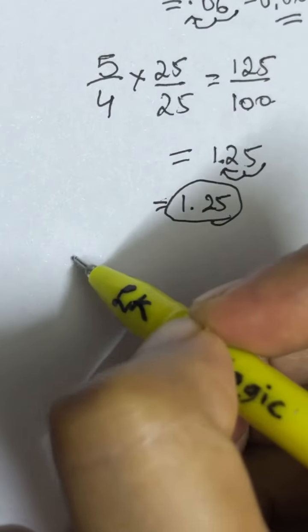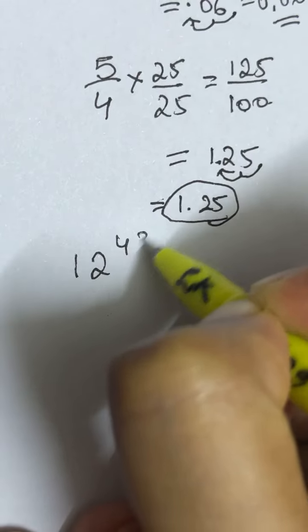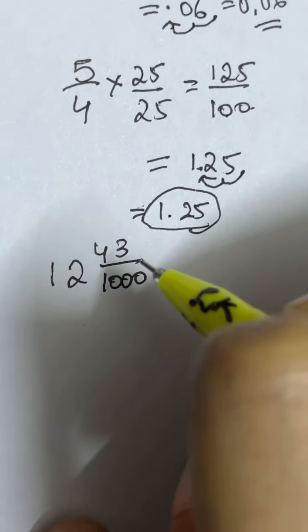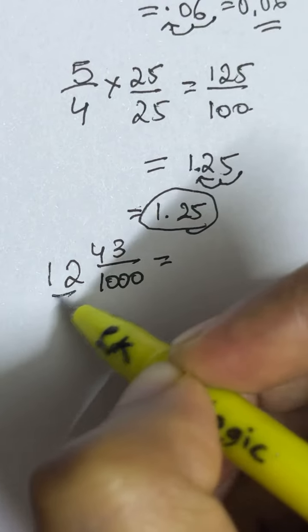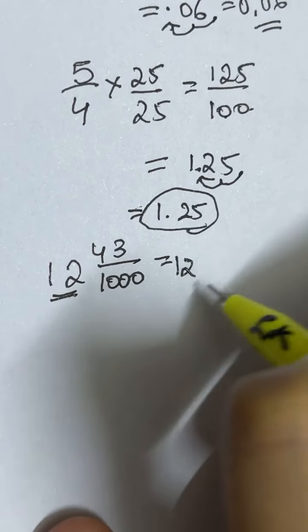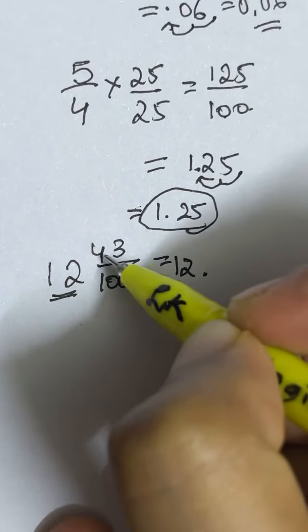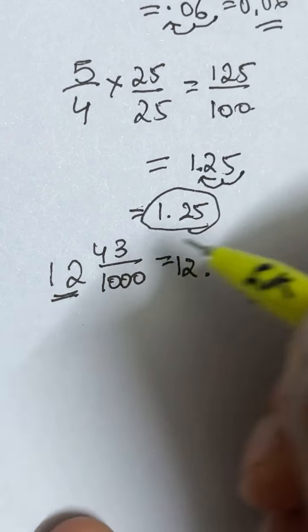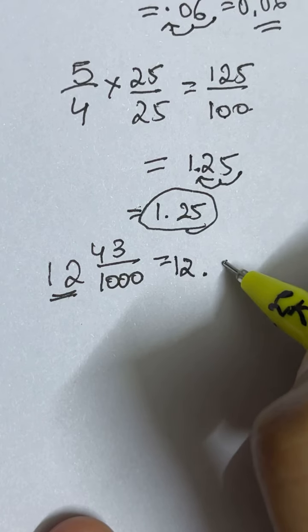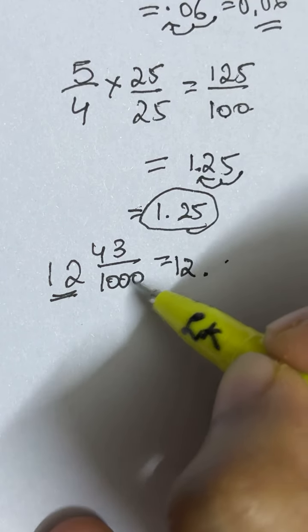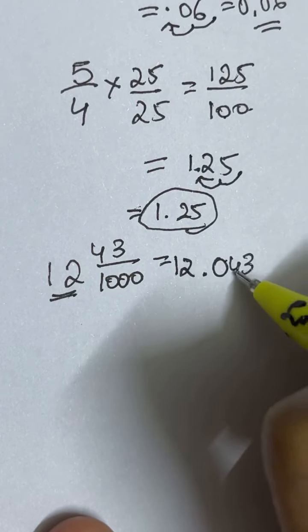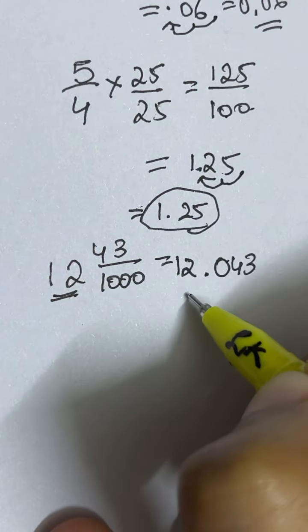If you have a mixed number, 12 and 43/1000, what do we do here? This 12 is a whole number, so you write it as it is. And then you have a decimal point. This is the fractional part, 43/1000. So you write the number as it is, 43. But there are 3 zeros in the denominator. So you put a 0 and then write the 43 from the right-hand side. That's your answer,